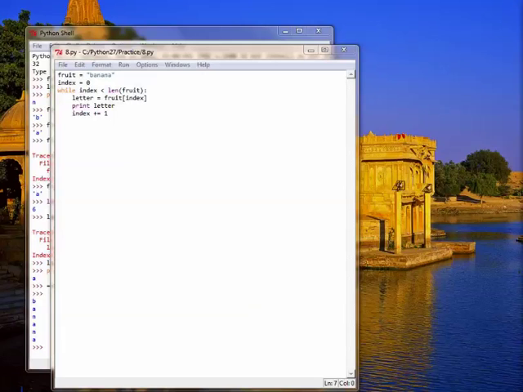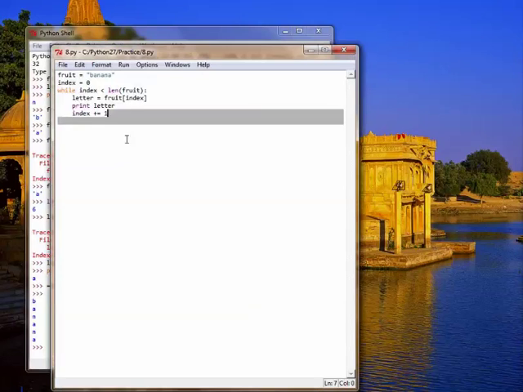Alternatively, now you'll see the power of the for loop. You can write the same program as